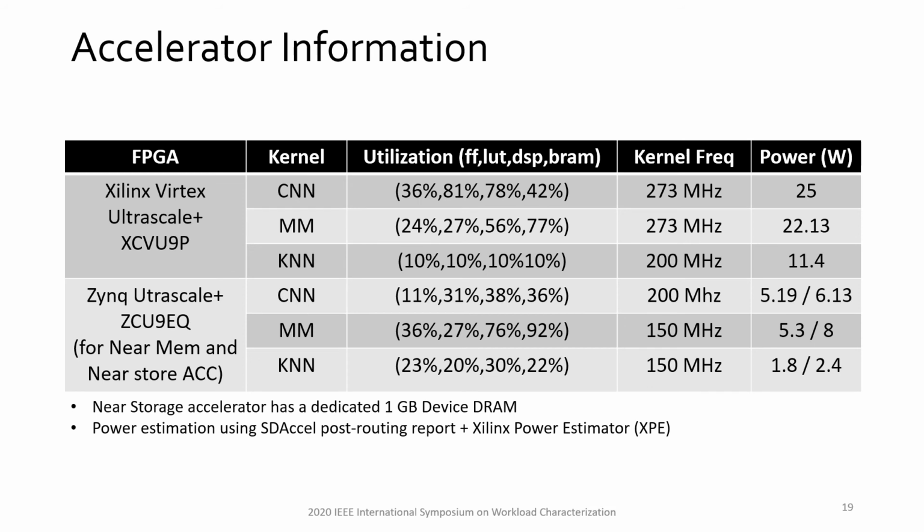The table here shows the three main kernels designed for our experiment: convolutional neural network, matrix multiplication, and k-nearest neighbor. It shows different implementations of the same application on Xilinx Virtex UltraScale Plus and Zynq UltraScale Plus, and it shows the utilization and the kernel frequency obtained. There are two numbers for Zynq FPGA power, which represent the power for the near-memory and near-storage accelerator respectively. The near-storage accelerator has a small DRAM buffer and interface that increase the dynamic power compared to the near-memory